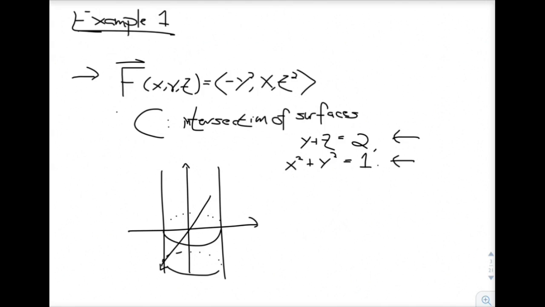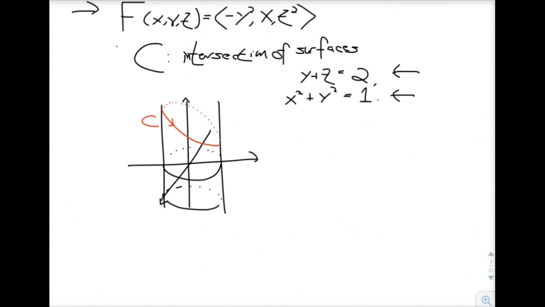We drew a picture of this in class. Here's the cylinder, x squared plus y squared equals 1. And then we intersect that with the plane y plus z equals 2, which gives us this curve C, which I've drawn in red here. I haven't drawn the plane, but you can imagine the plane sort of cuts through like this and then slices or intersects the cylinder. So our question for this problem is to find the line integral of f around this closed curve C,